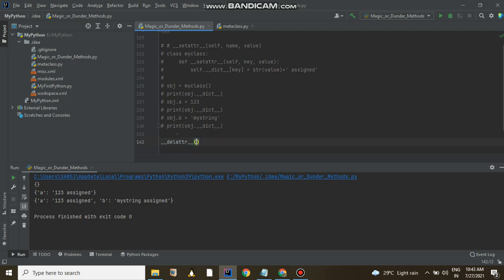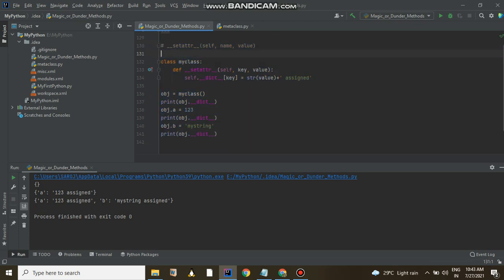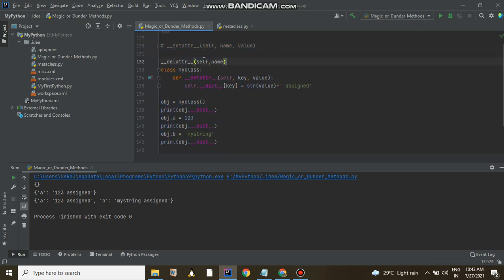Here the first argument is self, obviously, and the second argument is the name of the attribute. We can get a better understanding by setting and deleting.